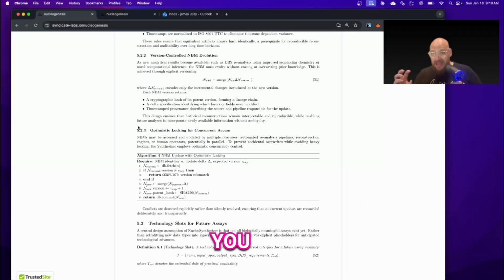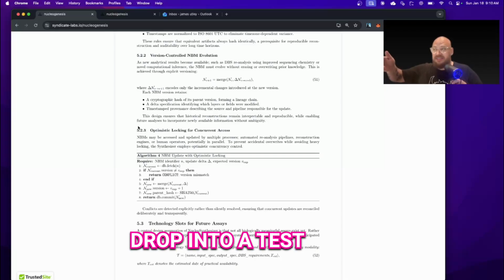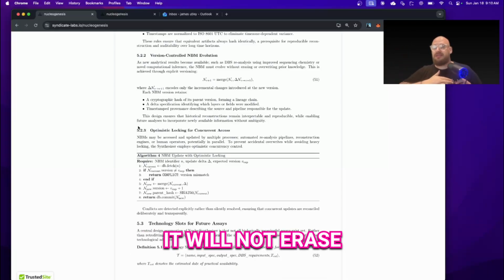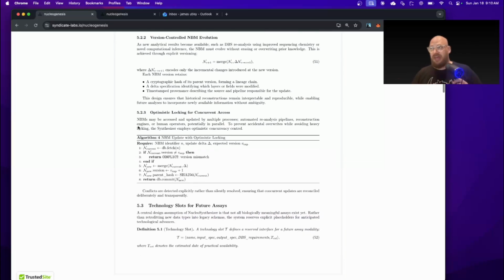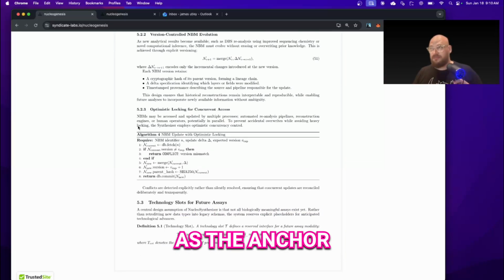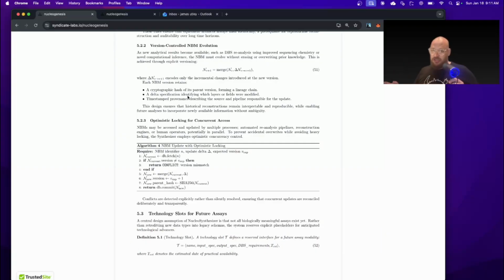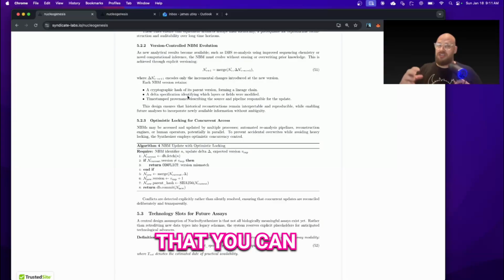So you may drop into a test that's far more advanced than anything that we are seeing now. With this, it will not erase what has happened in the past, so that you will have that as the anchor. That's the idea anyway. And a cryptographic hash of its parent versions. And it's just version control, making sure that over long periods of time you can still access the